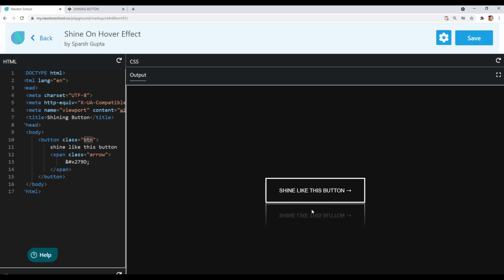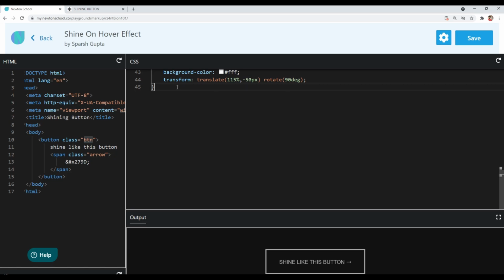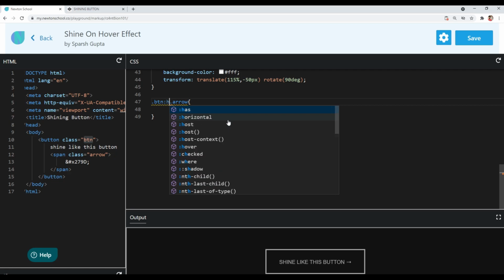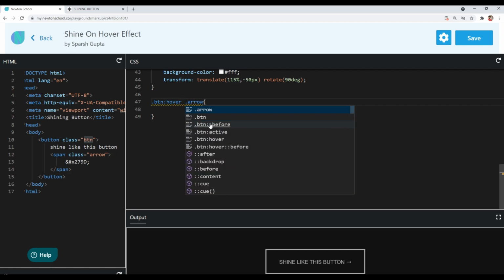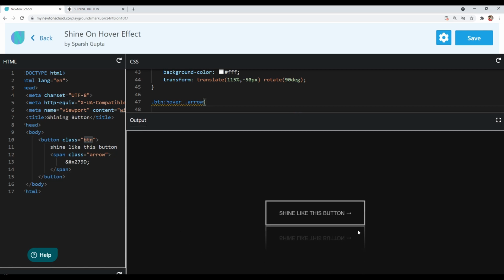Let's style the last part, that is our arrow. Okay, so let's style our arrow, and I will target our arrow using the class selector. Let's first target the arrow when we hover over the button. So we want to target the arrow when we hover over the button, and when hovering we want some spacing from the left side.